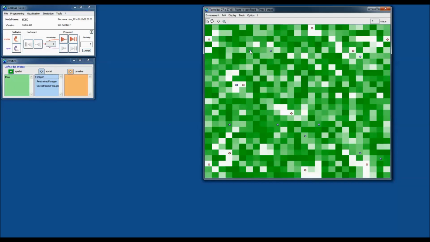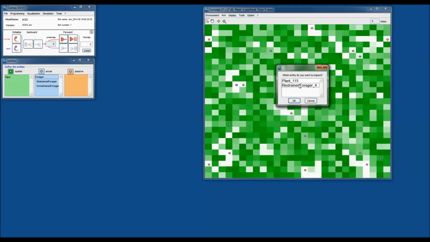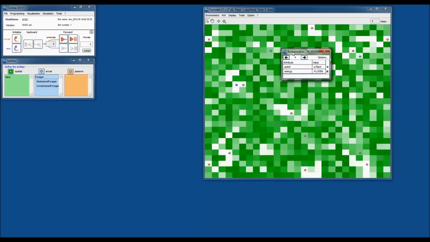So if you double click with a left click on any entity, then if there are several entities on the place where you clicked, it will ask you to choose which entity you want to inspect. So for example, I want to inspect the restraint forager, which is the agent, the blue agent there. And then I go for OK, and you have this entity inspector, which is a new inspector for Cormas, which is a much more simplified inspector, and gives you an idea of